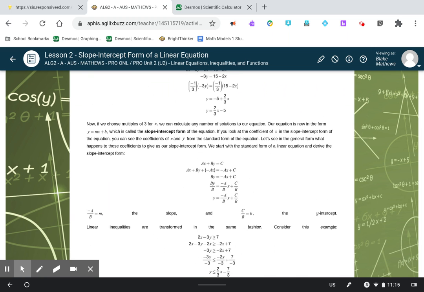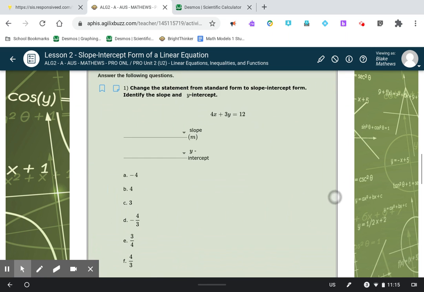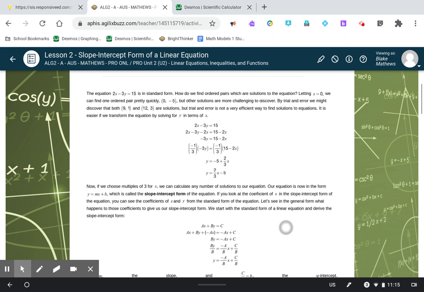They go through this whole process of giving you a formula, but to be completely honest, I'd rather focus on process than on some kind of formula. So I'm going to do a few examples and give you the basic way to do this. Again, we're trying to get from standard form